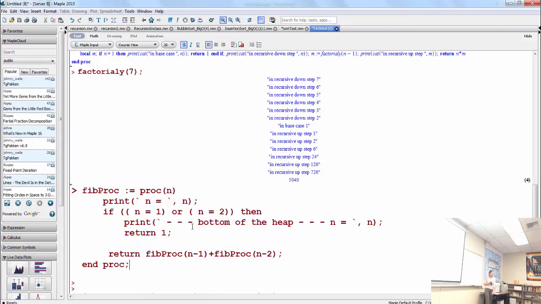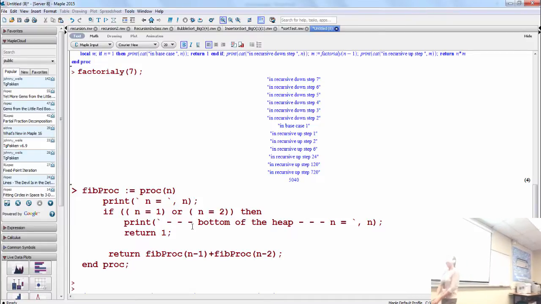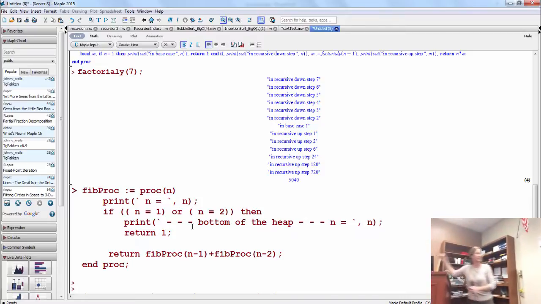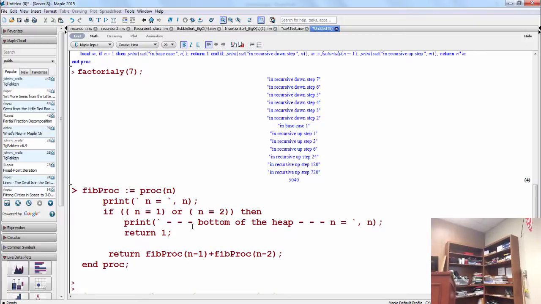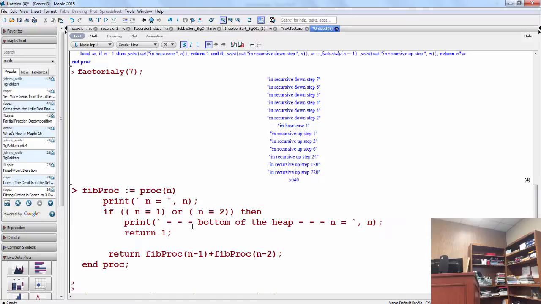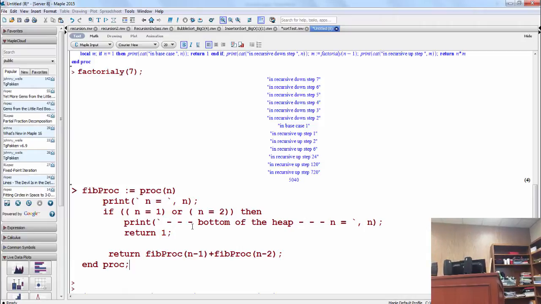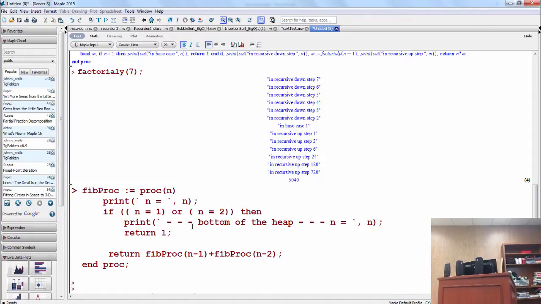And what do those two guys return? 1. So this guy will return a 1. Should I do it a different color when they return things? So this guy returns 1 plus 1, so he returns a 2 here. And then this guy's called. What is our Fibonacci sequence with 2? It gets into the if statement, the base case. What does he return right here? A 1. So then this guy will get the number 3.